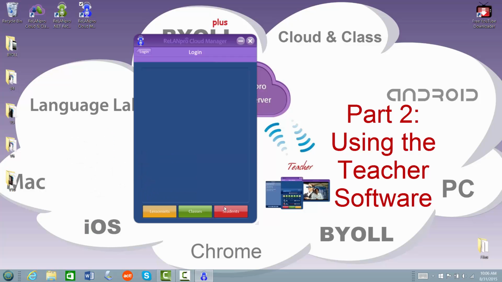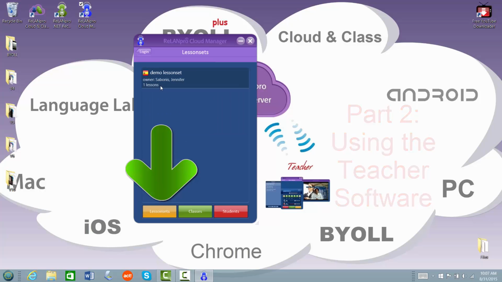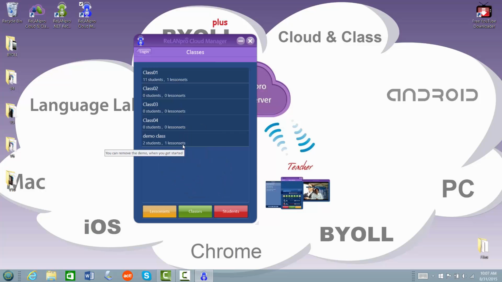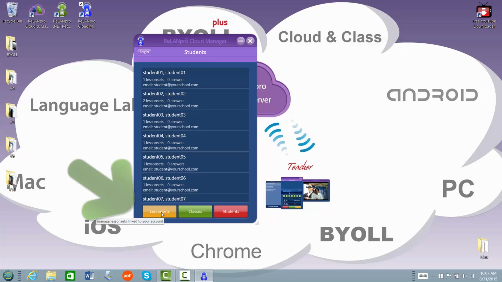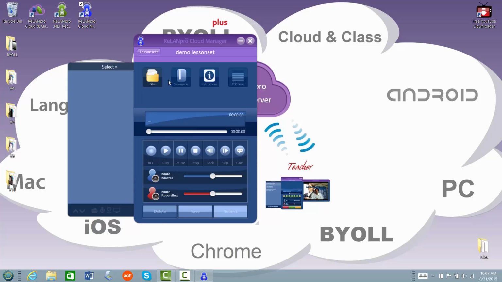Type in your username and password and you will see 3 tabs. Lesson sets, where all your lessons are stored; classes, the classes that you teach; and the students belonging to those classes. You can browse through the list of students belonging to any given class that only you teach. When we go back to lesson sets, you'll see the directory, in this case the demo lesson set with a Spanish